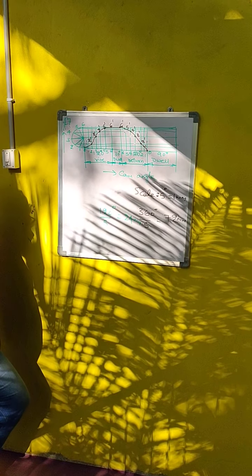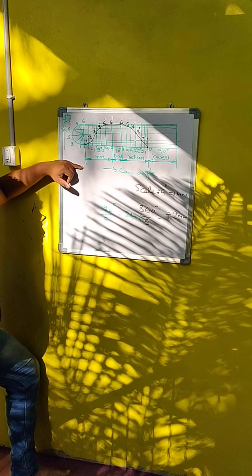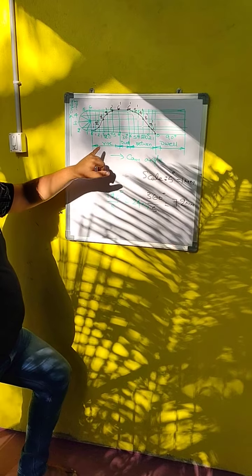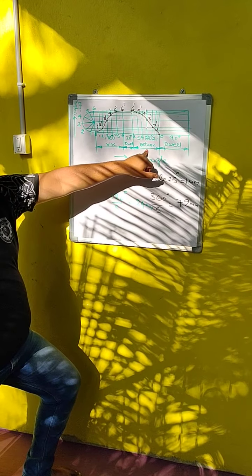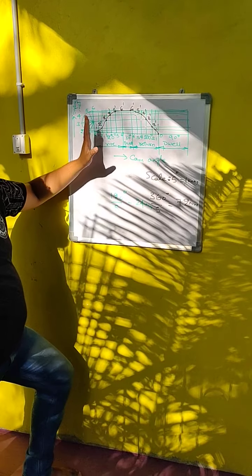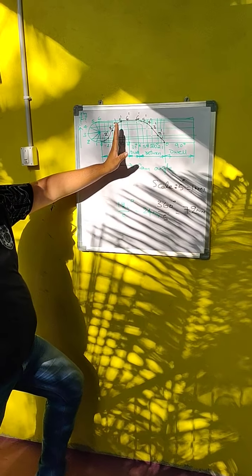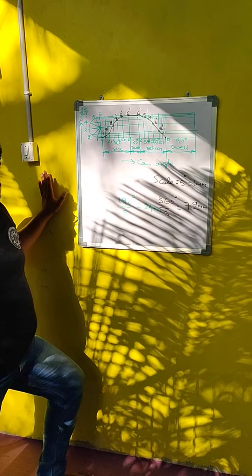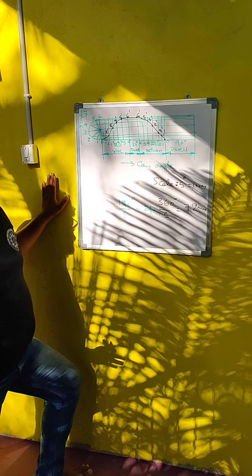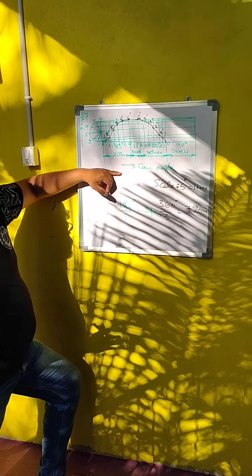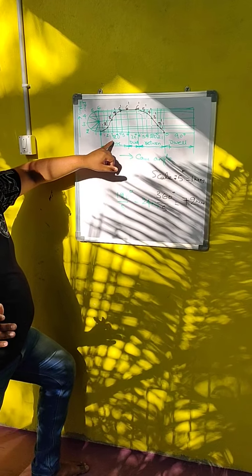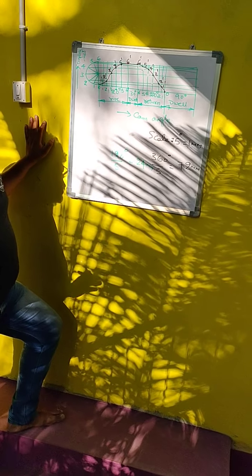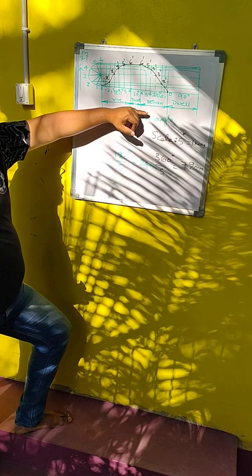This is the displacement diagram for what type of motion? Simple harmonic motion. This is drawn because in the question the follower motion is given both in rise and return strokes in simple harmonic motion. Sometimes in the question, first rise period may be given as simple harmonic and return may be given in some other type of motion. That means it may be uniform velocity or sometimes uniform acceleration and retardation. That means we have to read the question carefully. Here in the question, both rise and return periods are given in simple harmonic motion. That's why the entire diagram is drawn for simple harmonic motion.